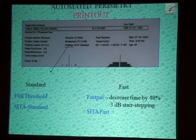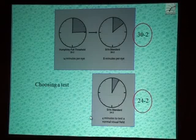A few more things you should know: what is the strategy. Specifically there are 2 types, one is the standard and the other is the fast. This is basically for time management. In standard, there are 2 types, full threshold and SITA standard. In the fast strategy, there is Fastpac in the full threshold program, and in the SITA program it is SITA Fast. Just to choose which test you should do: if you think of standard threshold perimetry in 30-2, it takes about 14 minutes per eye, whereas in 30-2 SITA standard